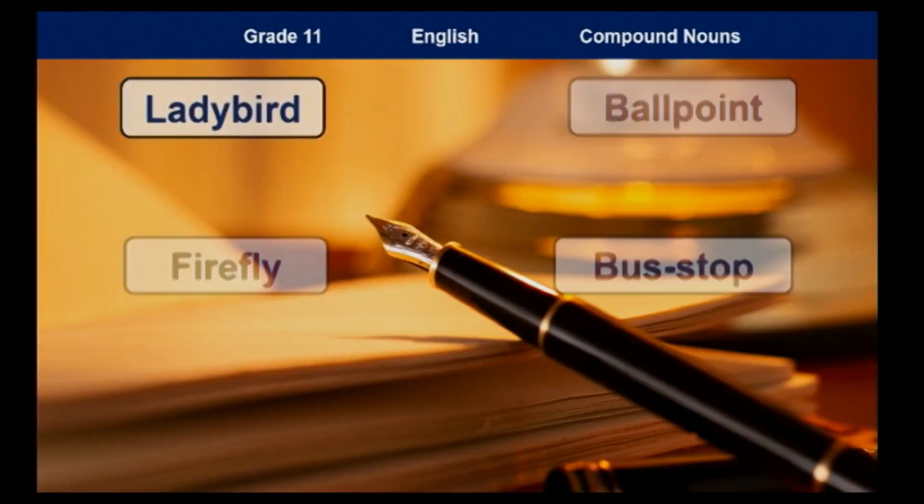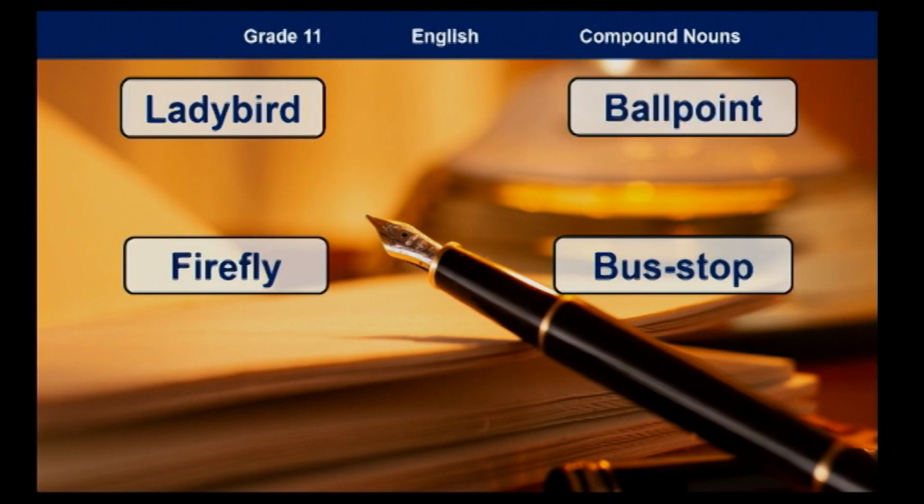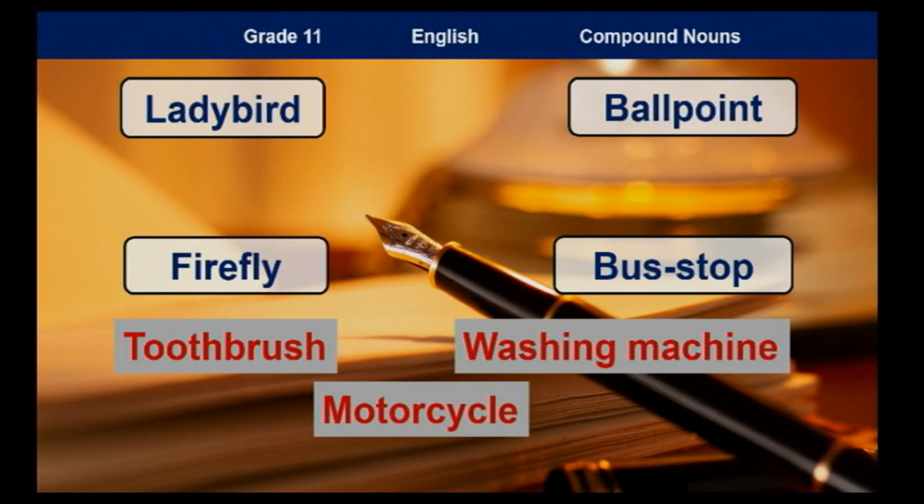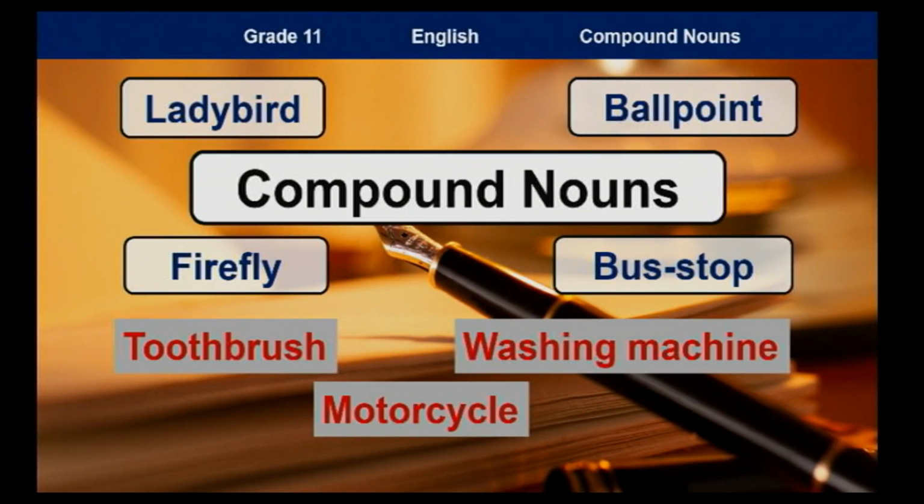Okay. Ladybird, ballpoint, firefly, bus stop, and have a look at the next three words. Toothbrush, washing machine, motorcycle. Can you give me a name for these words? Of course, sir. They are compound nouns. Thank you very much. Children, our today's lesson is about compound nouns and how they can be used in our